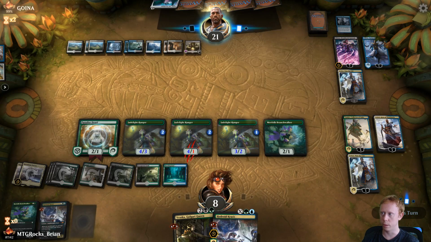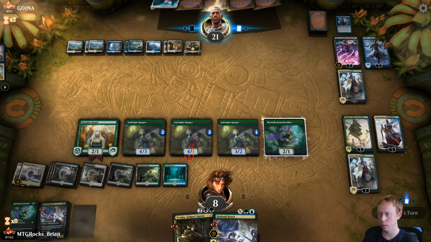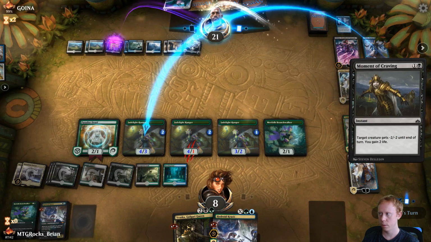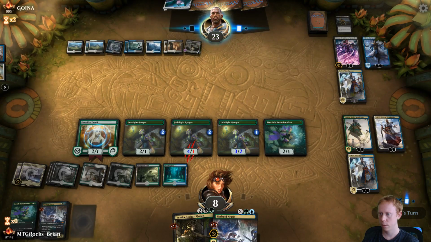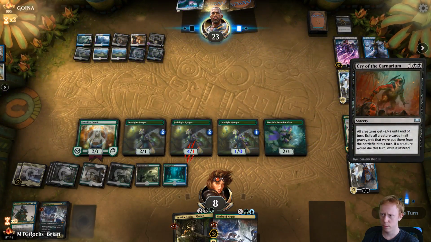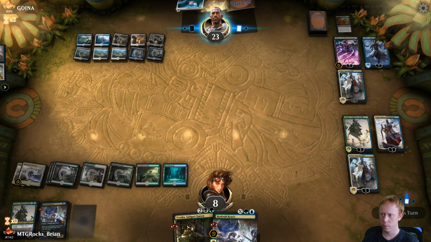I mean, maybe we're supposed to take the Ugin instead of Liliana, but or, I mean, take the Liliana instead of the Ugin. But then he would destroy the Teferi. Alright, so he does have Cry. Well, we tried to play around it, but